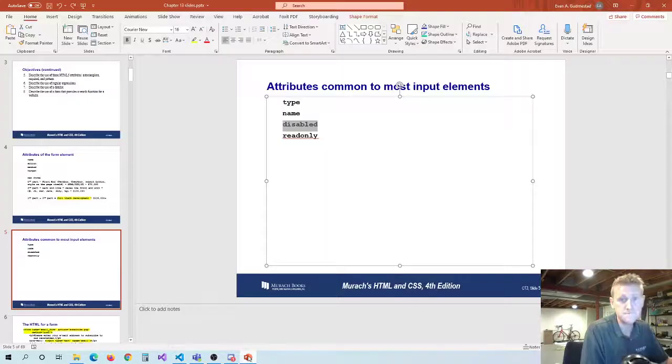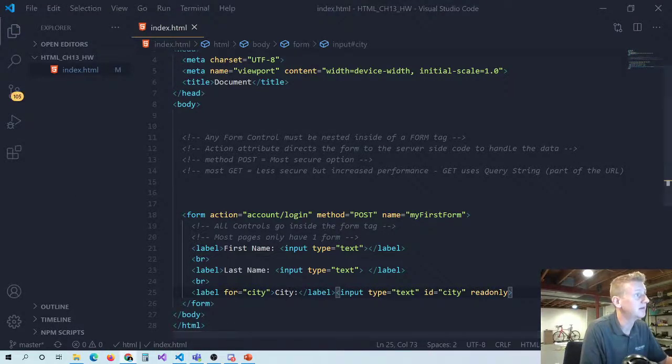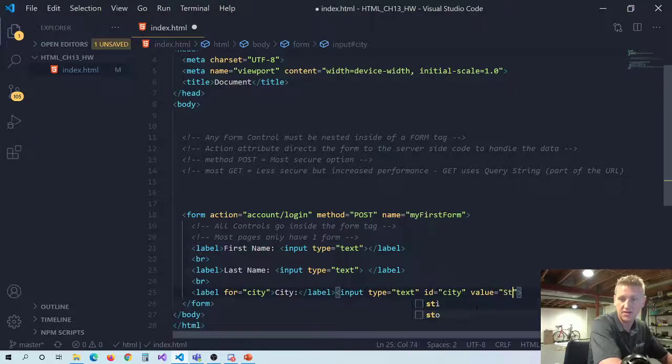Okay. So that's disabled. And then read-only makes it so that they can type in it, but they can't. Read-only is also a Boolean attribute where they can't. I'm typing, it's typing, it doesn't matter. This is typing, I go to city, I can't type. So if I were to go value is St. Louis and mark it as read-only,